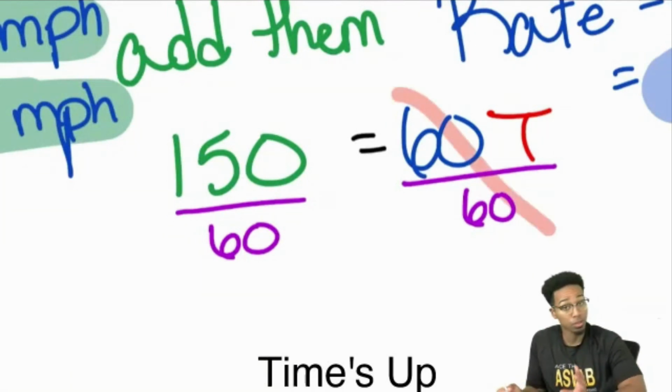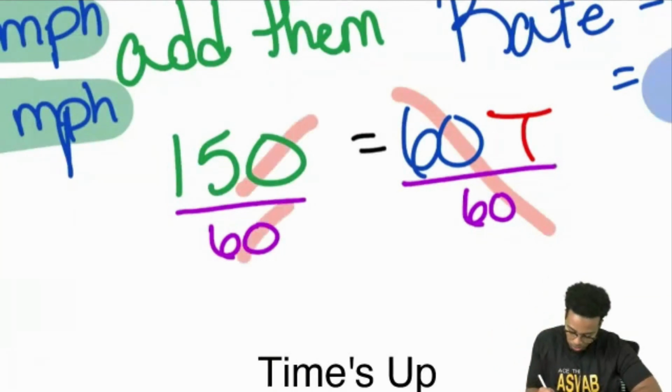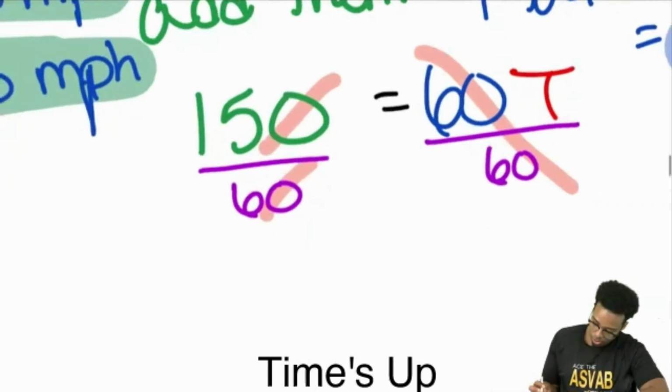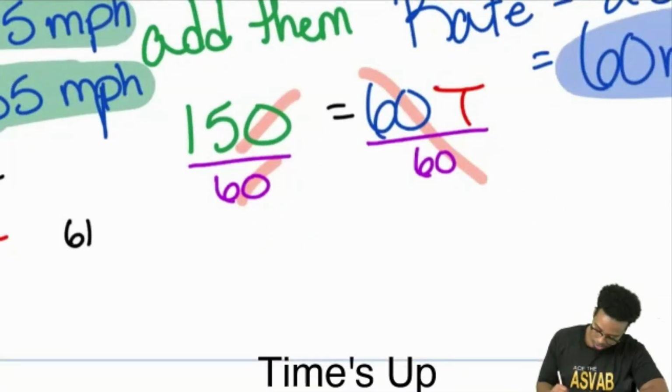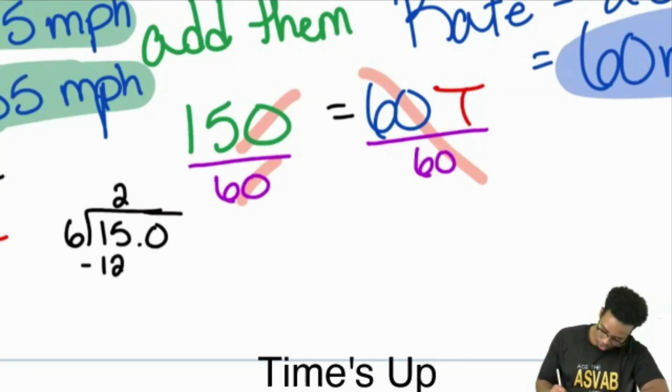It's not as hard as you think because you have zeros over there. You have 150 and you have 60, both ending in zeros. So this is literally the same thing as saying 15 divided by 6. And if you need to, let's go ahead and do some long division here. 6 going into 15. So 6 goes into 1, 0 times. 6 goes into 15, 2 times. Subtract 12. You get 3.